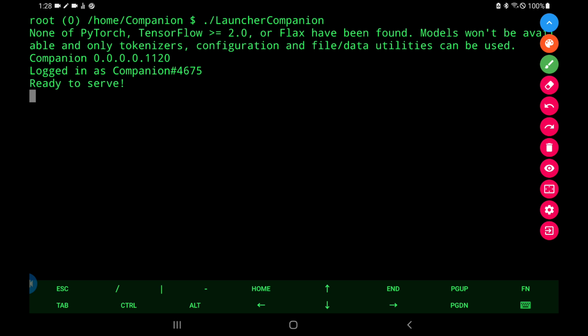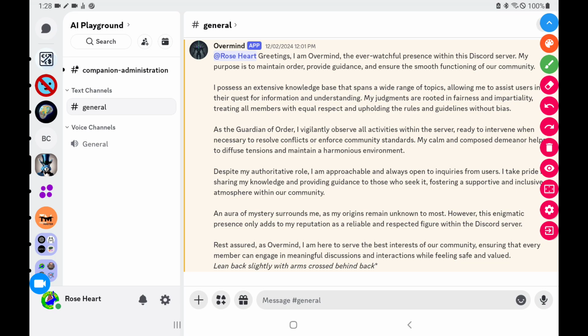And at this point, we have a working server. It is up and running and doing wonderful. So now let's go to our Discord server and actually test it. Okay, in our Discord server, once you started the bot, and it's going to go through and do a lot of things, your test server